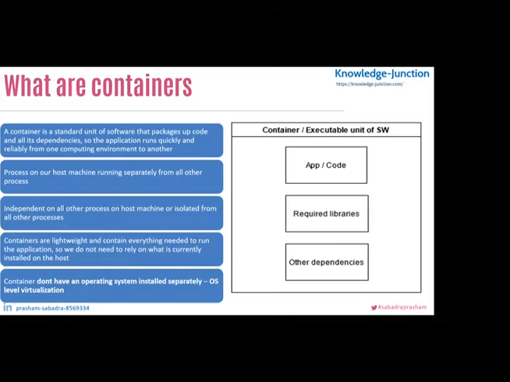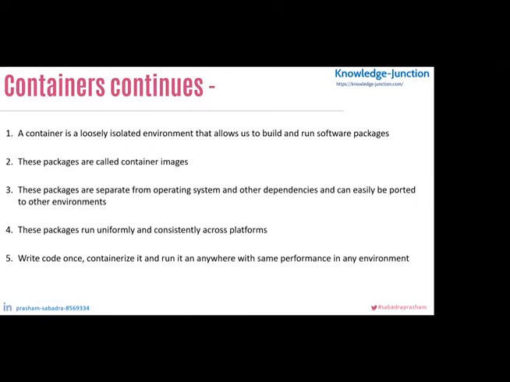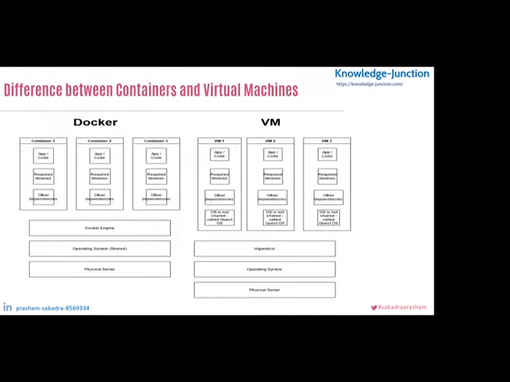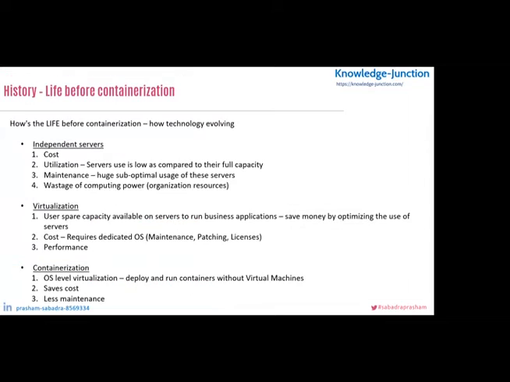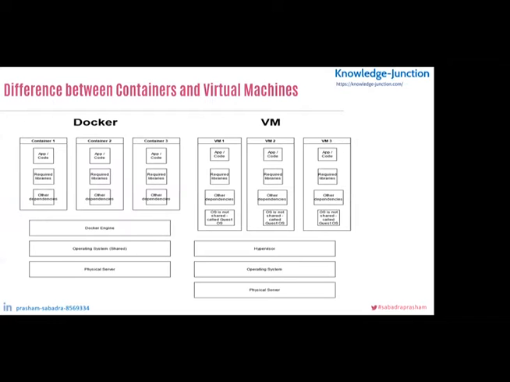I hope this explains what containers are basically. Now, as we discussed how these evolved, like independent servers, then virtualization comes. So there we have the virtual machines, and then the containerization platform. So we have the containers there. So what exactly is the difference between containers and virtual machines, or we could say Docker images? If you see this image on the screen,